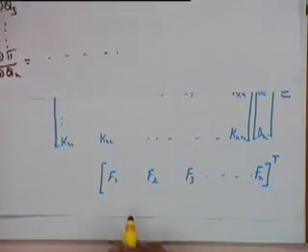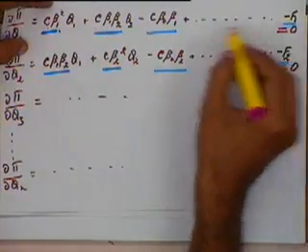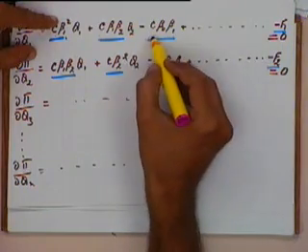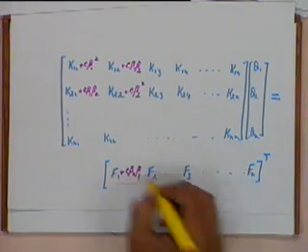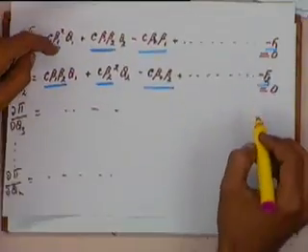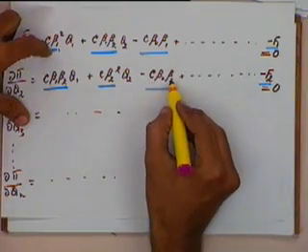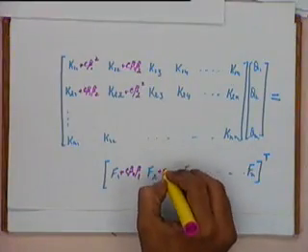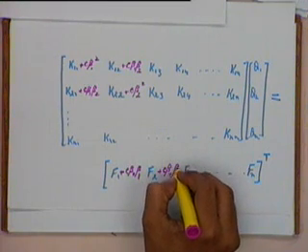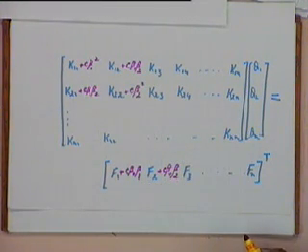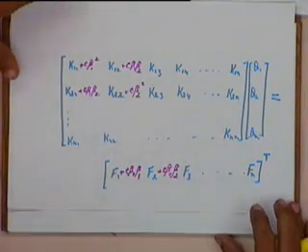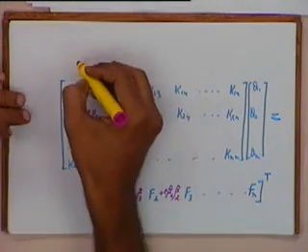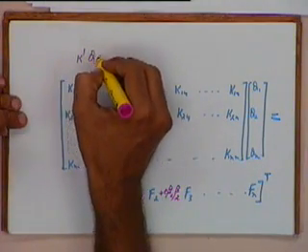Okay, to the first term F1 I will be adding C beta naught beta 1. It will become F1 plus C times beta naught beta 1. And in the second equation I will add C times beta naught beta 2, so it will become F2 plus C times beta naught beta 2. So this complete set of equations would become an equation of the type K prime Q equal to F prime.